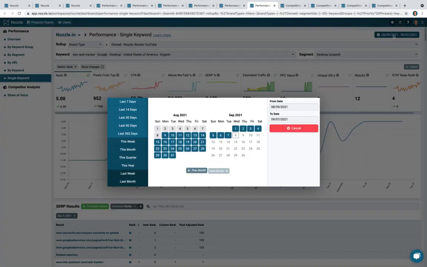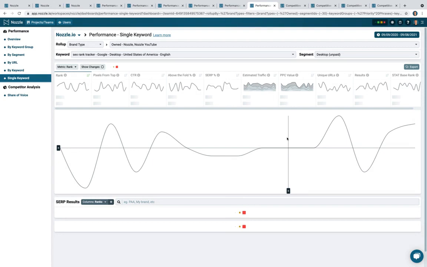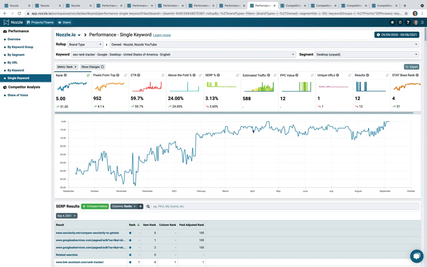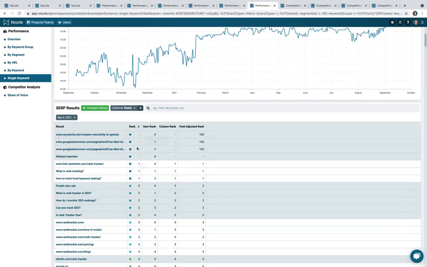actually before we scroll down, I like to either click on last 90 days or last 365 days to get a really good feel for this important phrase. You know, analyze how our SEO efforts have been paying off or not been paying off in the last year for this phrase. So you can see we were in the 30s, bouncing around, 20s, teens, even hit number 5 a couple days back in April, and then 10s and 8s. Anyway, as you can see, we're back up to the 5 spot here. So it's a good way to see the history of that phrase. If you scroll down,